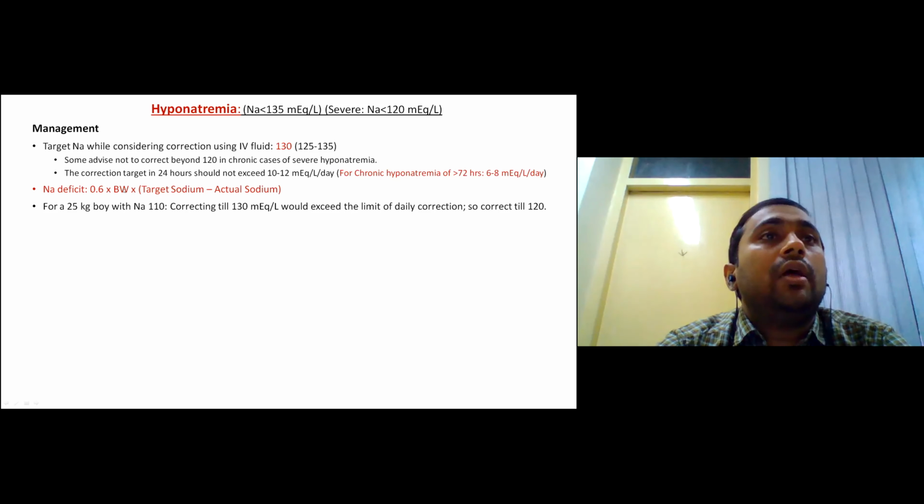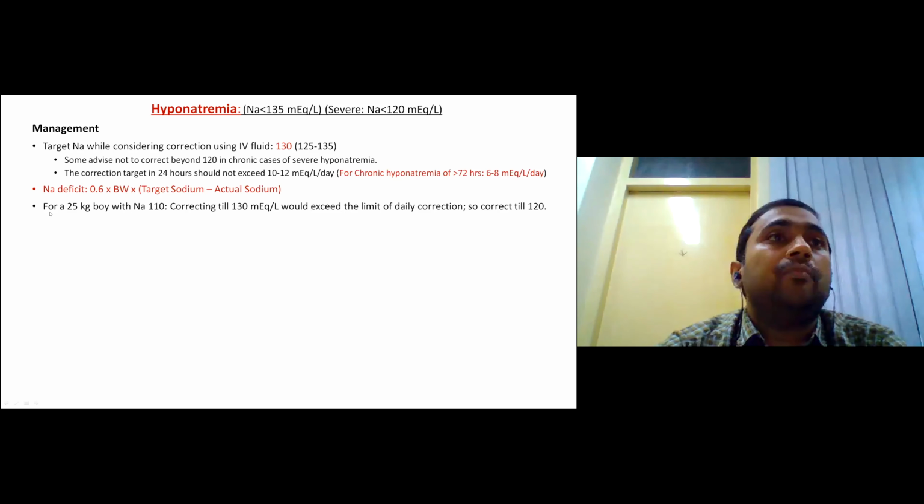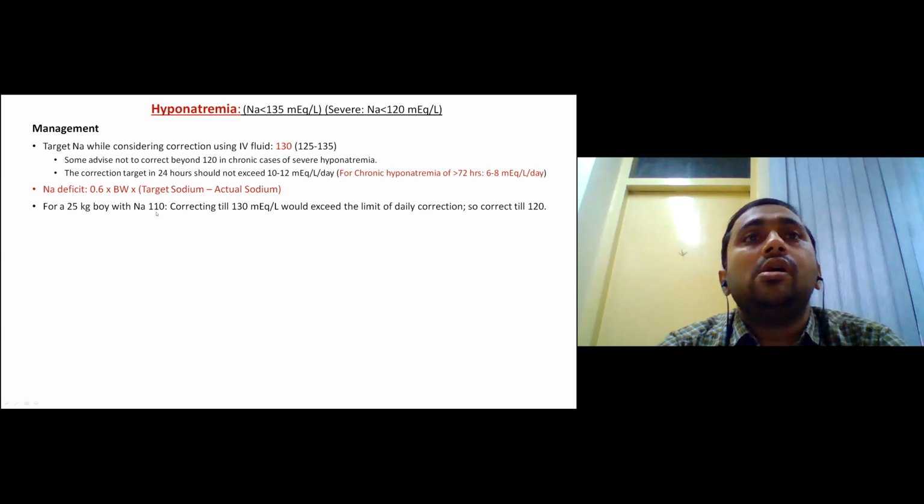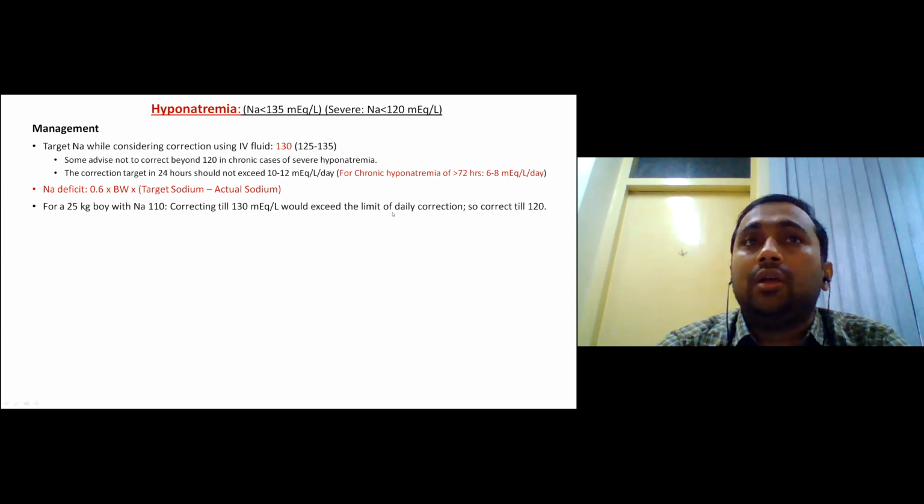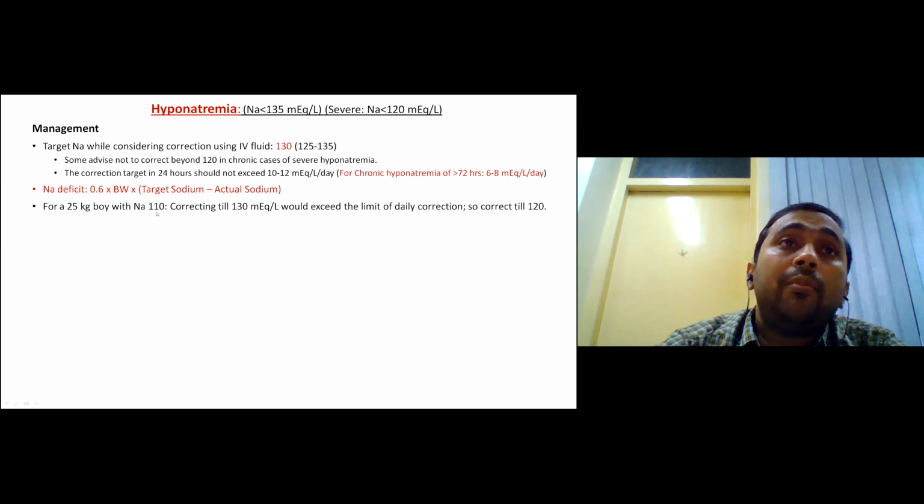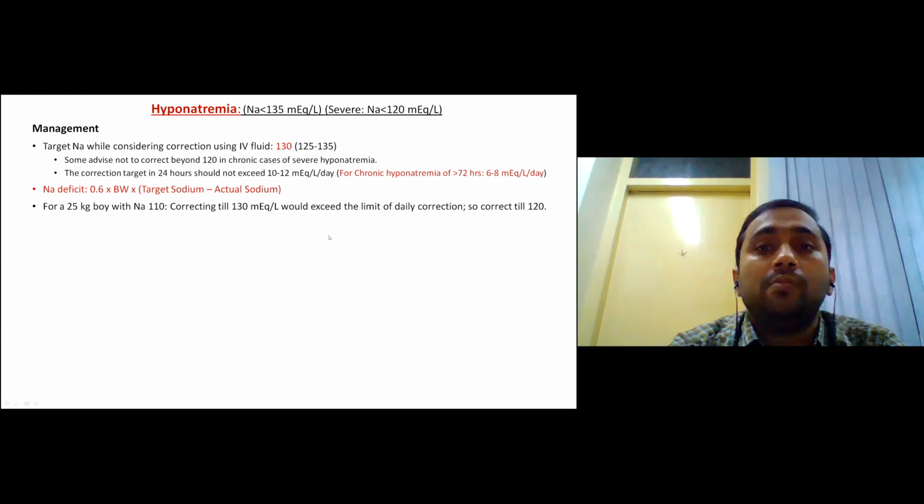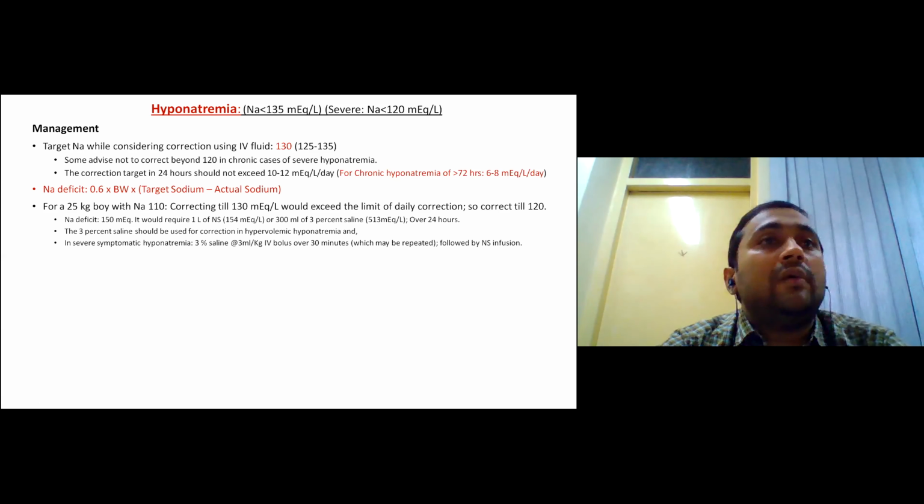So we calculate it as 0.6 into body weight into the target sodium, which is 130, or it may depend upon how much max we have to correct in a day, and the actual sodium. So if we take an example like a 25 kg boy with serum sodium 110, we assume it's acute hyponatremia, and so we cannot correct it till 130, and it will exceed the limit. So we want to correct it to 120. And if it would have been a chronic hyponatremia, we would not have wanted to correct even till 120. So in this case, if we want to correct it by 10 till 120, then the deficit would be like